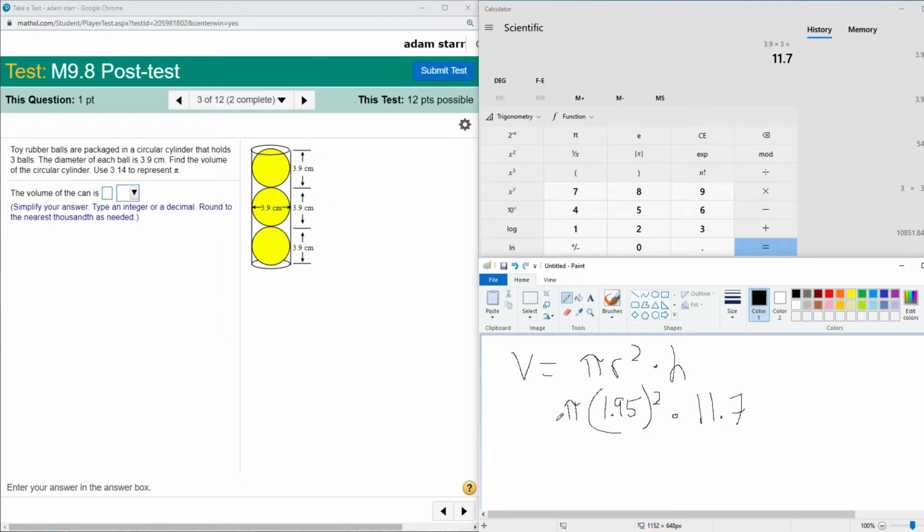Okay, so now I have everything substituted, and now I can use my calculator. This one also says to use 3.14 as pi. So 3.14 times my 1.95, my radius, squared, so I'm multiplying it by itself, times my height, which was 11.7. So I get